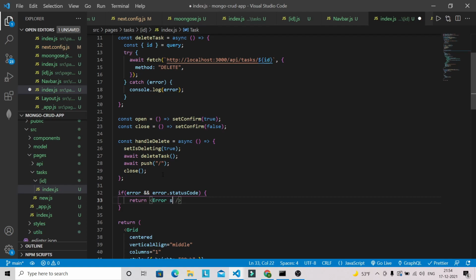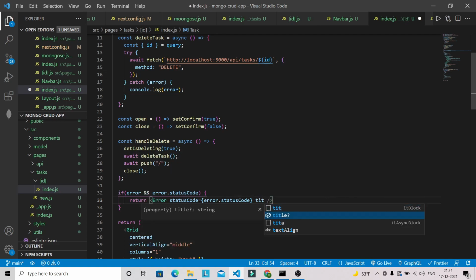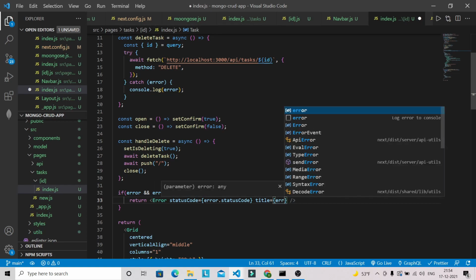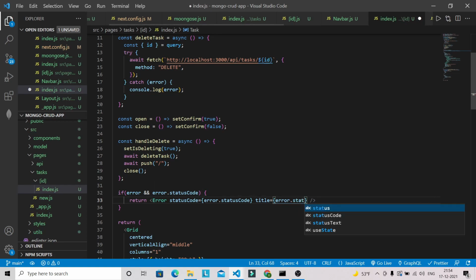So status code we can pass here, and we can just copy this one and paste it here. Title we can give here like error.statusText. Okay.